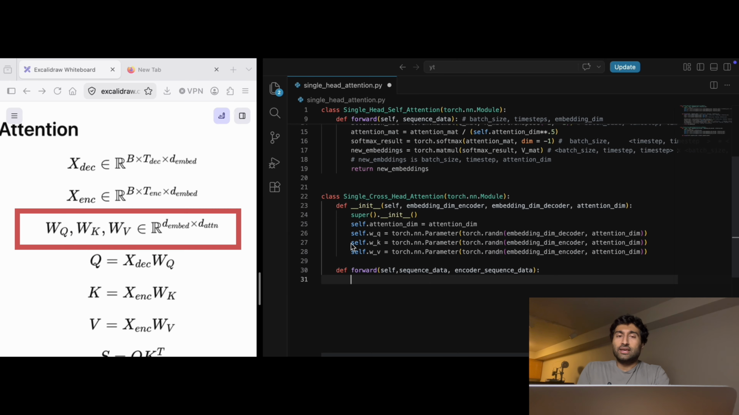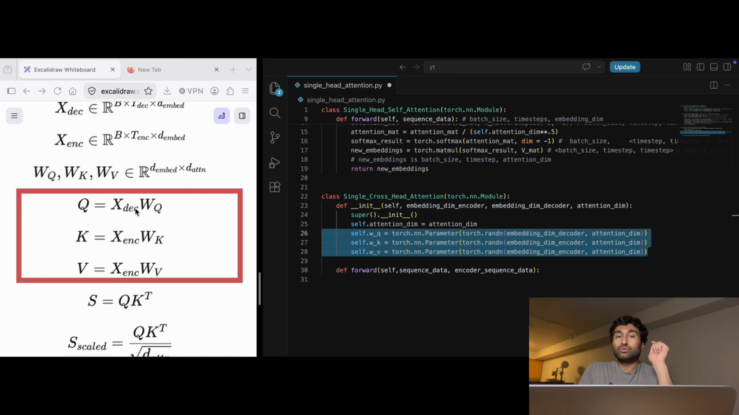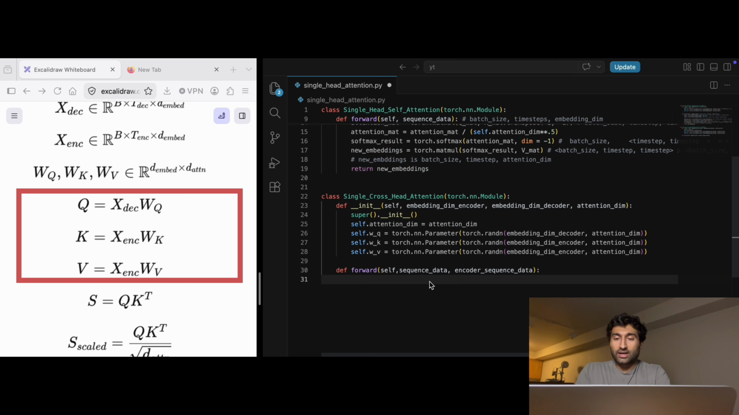You can see it's D embed times D attention. So that's these 3 matrices on the left-hand side. Now we're going to compute the QKV matrices here. You can see here, the Q and the K are going to be the decoder, or sorry, the Q itself is just the decoder. K and the V are the encoder, as we've already discussed, I think for like 3 times now. So let's go ahead and say V embeddings. I'm going to change it up a little bit. See over here, you have encoder